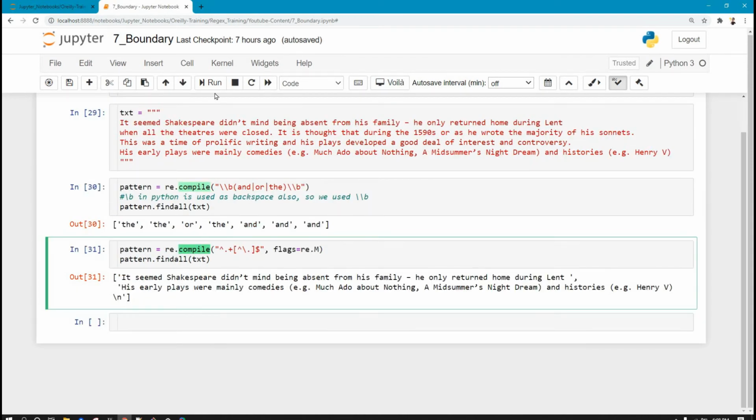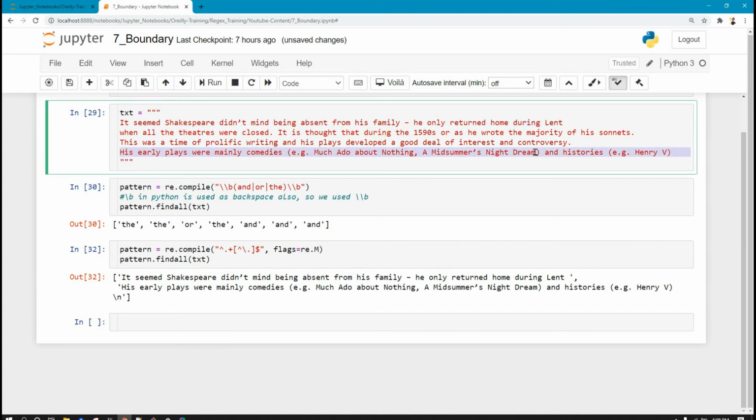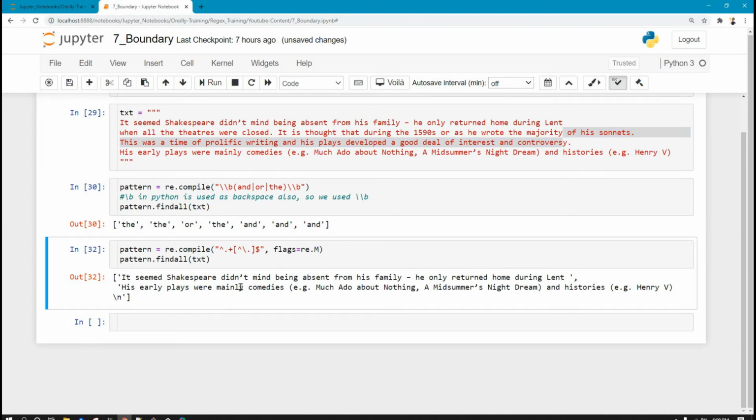Now when I run this pattern, it will return me all the words, all the characters in this paragraph which were not ending with a dot. So this was returned and this was returned. These two statements were ending with a dot, so they were not returned. So this root symbol, which means when this is not found as the ending of the string of a multi-line or a doc, that is why these two statements were returned.